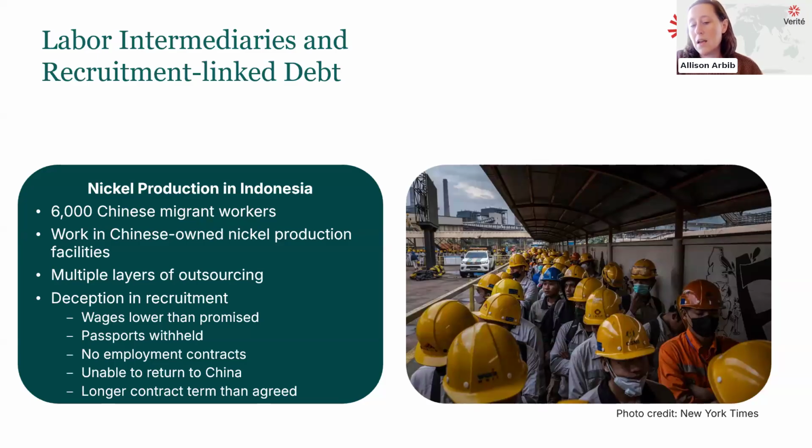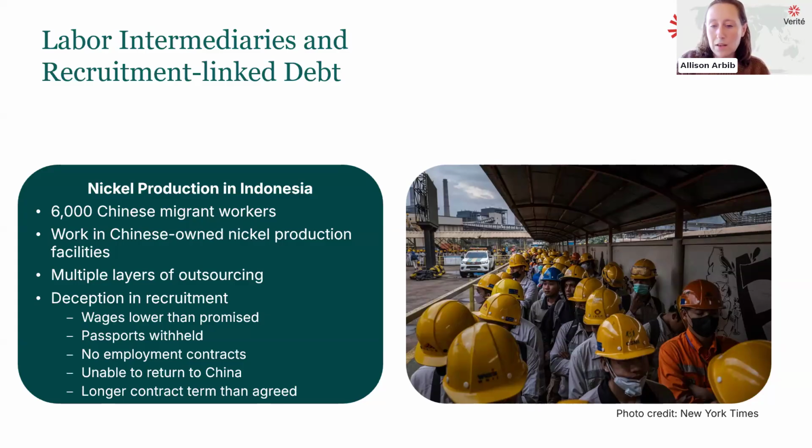In some cases, workers were sold by their family members who received these gifts, so the family member essentially exchanged a family member for the gift. So this can impact a lot of people. There can also be sex trafficking around these mines as well, with the use of recruiters and intermediaries.